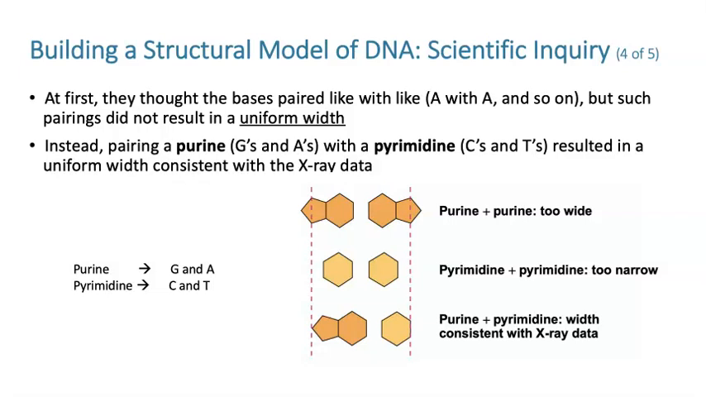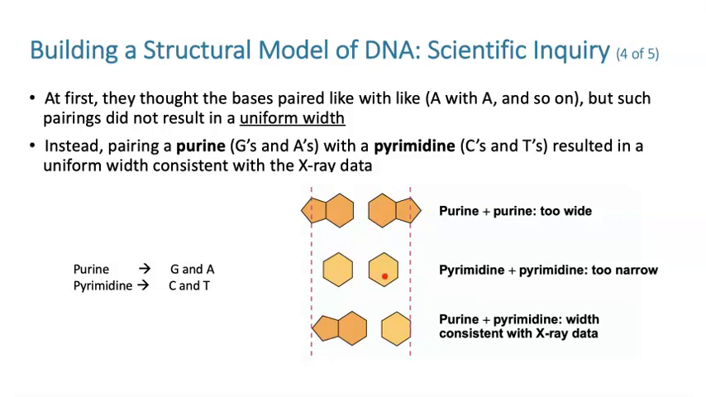So G's and A's are in the category of purine, and purines are the wider ones. They're the ones with a double ring associated with them. And then there's the category called pyrimidines, and that's where the C's and T's belong. Pyrimidines are made up of only one ring structure, and so after Rosalind Franklin's picture, we realize that DNA is a uniform width of 2 nanometers,